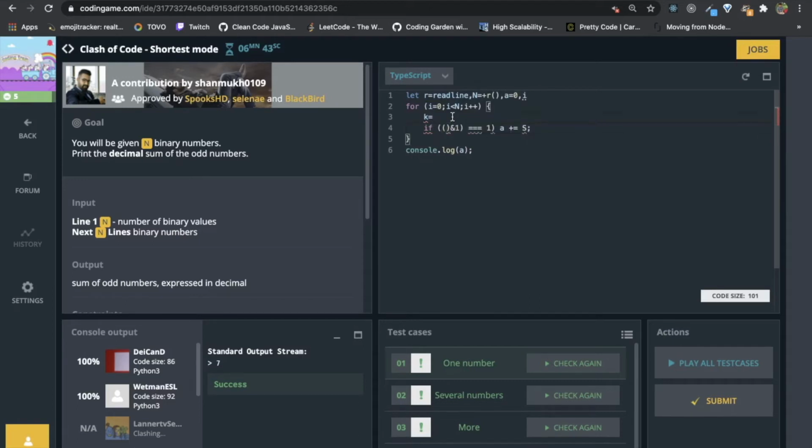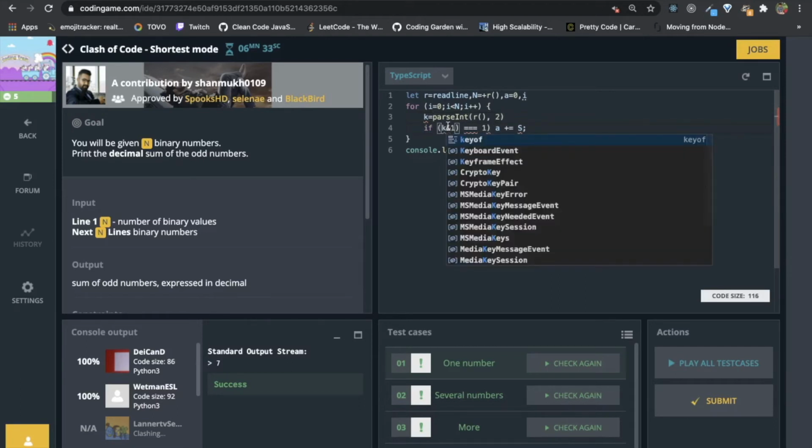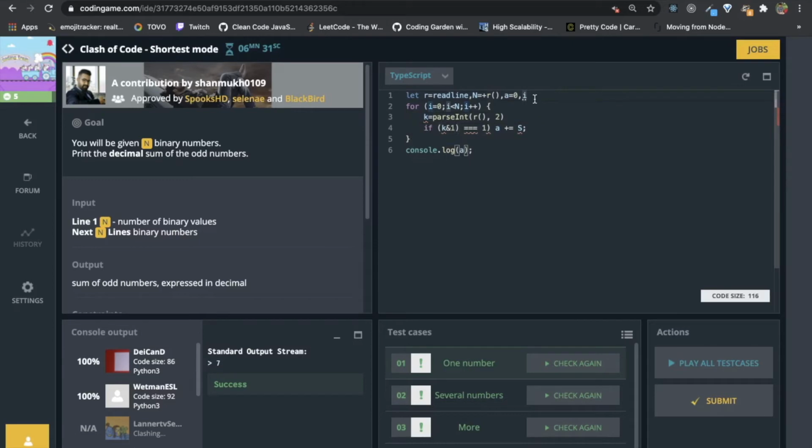It will be basically plus, and k will be initialized here.